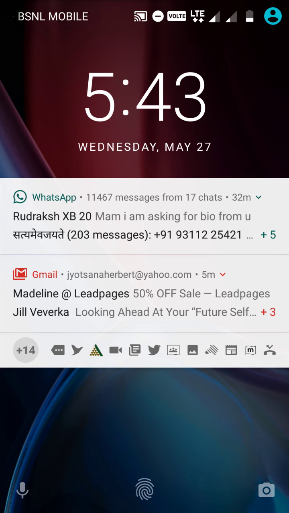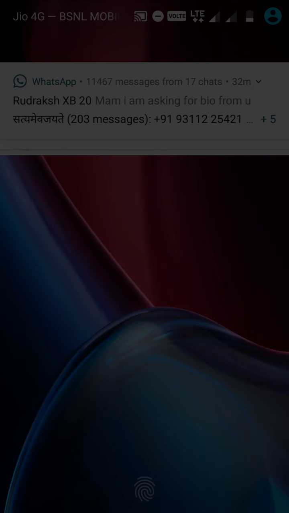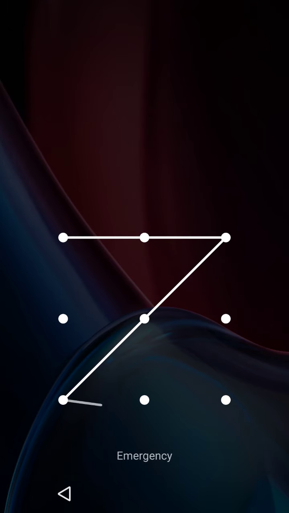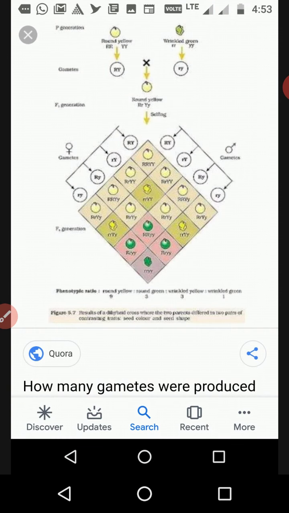With these characters, we are going to take another experiment in the F2 generation. In the F2 generation, Mendel took all the seeds and all the flowers which are present in the F1 generation only. So there will be no cross pollination. Always remember, in the F2 generation there will be no cross pollination in Mendel's experiment. Always in the F2 generation there will be self pollination, meaning self pollination between all the heterozygous.